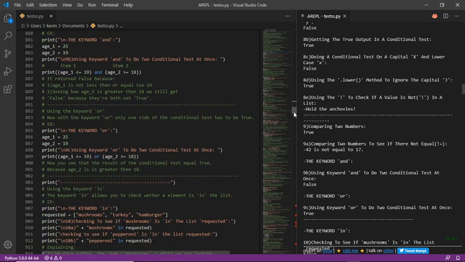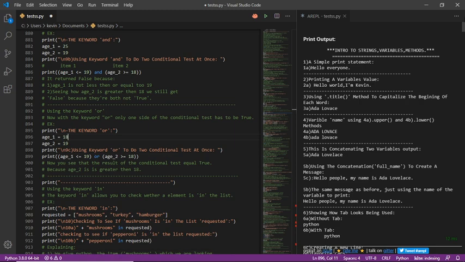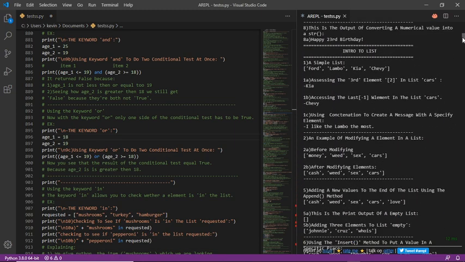Now using the keyword or, all these tell you that one of them has to be right. So I probably need to change this to 18, so that could be equal to true. All right, so let me go